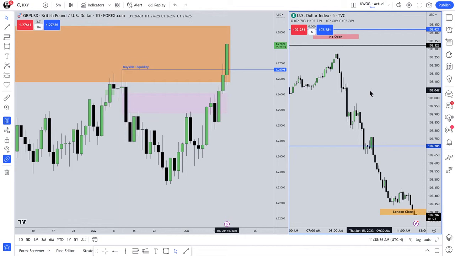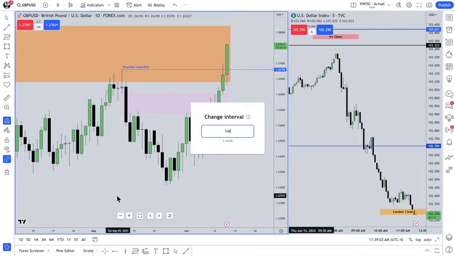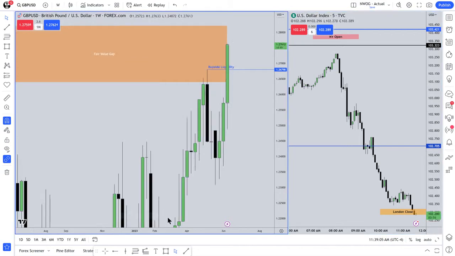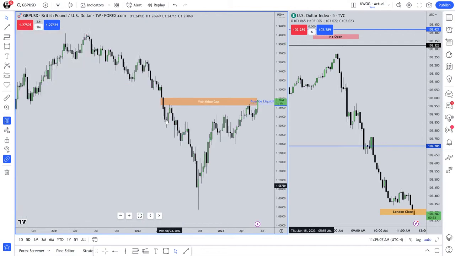Okay. So on the 13th of June, 2023, I did a live stream and talked about how the British pound would need to go into this fair value gap, go above it, and treat it as support before we would see a meaningful move up. And I said I wanted to see it trade up into this shaded area here, which I'll take you over to. That's the weekly gap. Okay, it's a fair value gap right there.